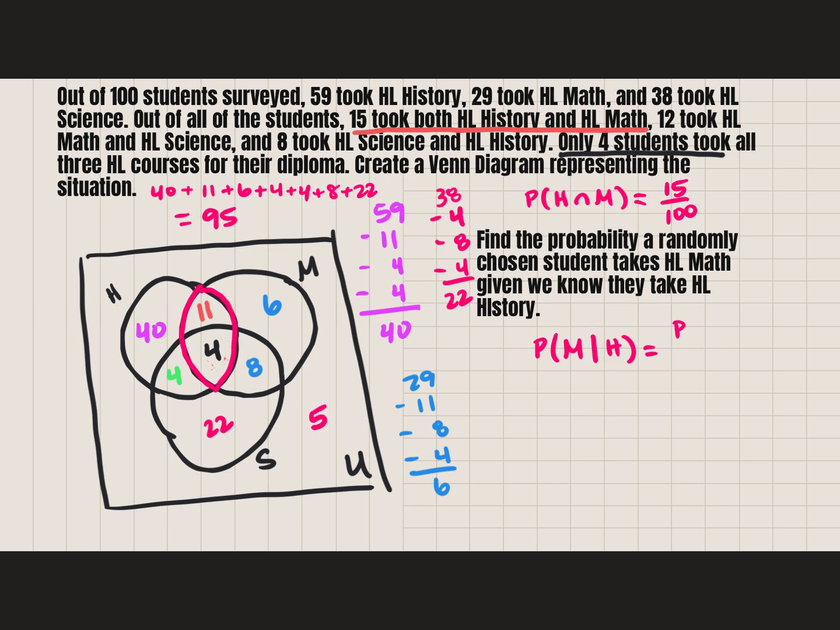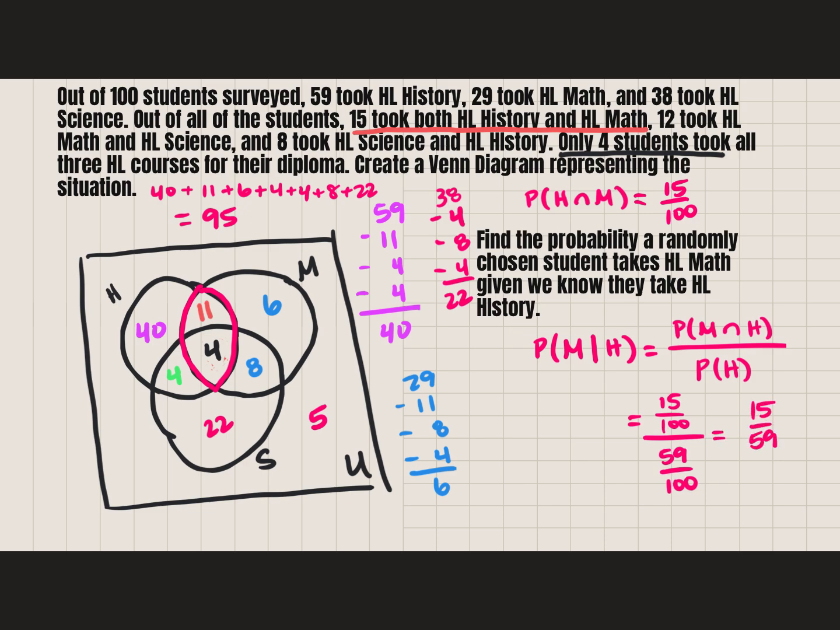Okay, that's going to be the probability of M intersecting H, which we actually conveniently already found up above, divided by the probability that they're in history. And we can do these individual probabilities separately. So the probability of math intersecting history, well, that was 15 out of 100 students. That's all divided by the probability of students taking history. Well, there were 59 students taking history total out of 100 students, which is going to give me